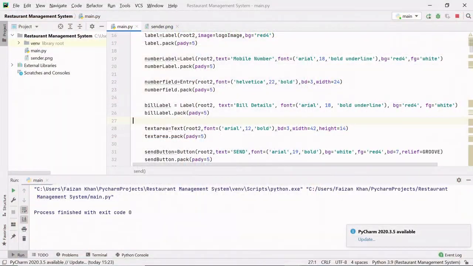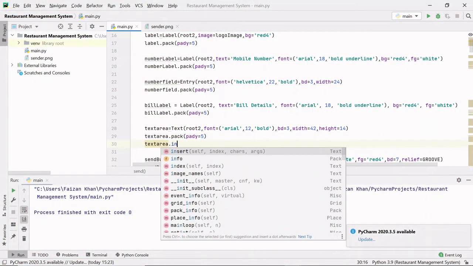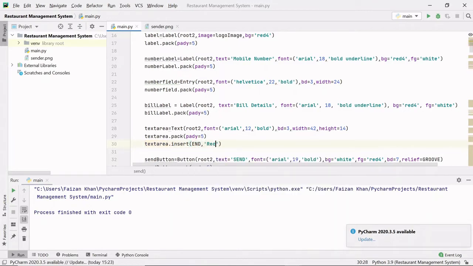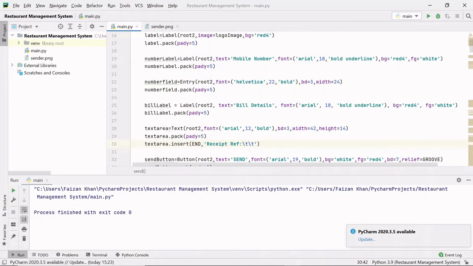Let's see. So here I'll write text area dot insert method, and at the end I'm gonna insert receipt ref string, then 2 tab spaces. After that I have to use bill number variable.